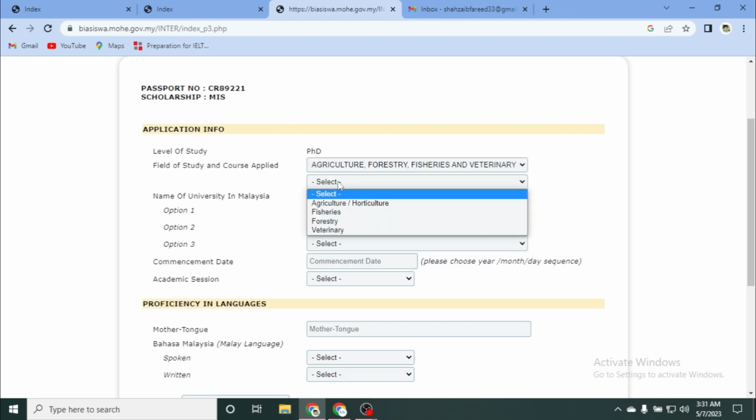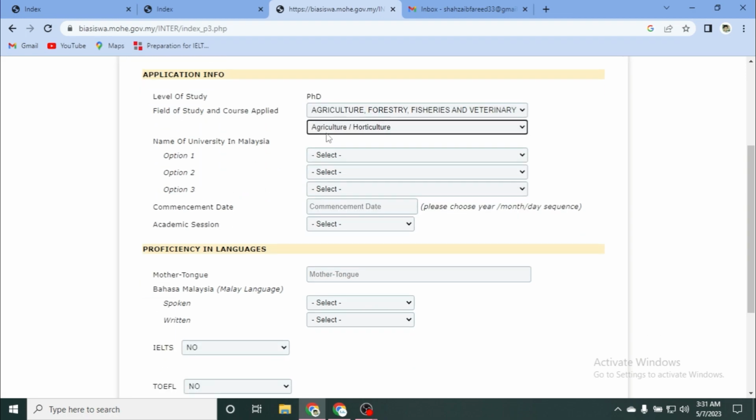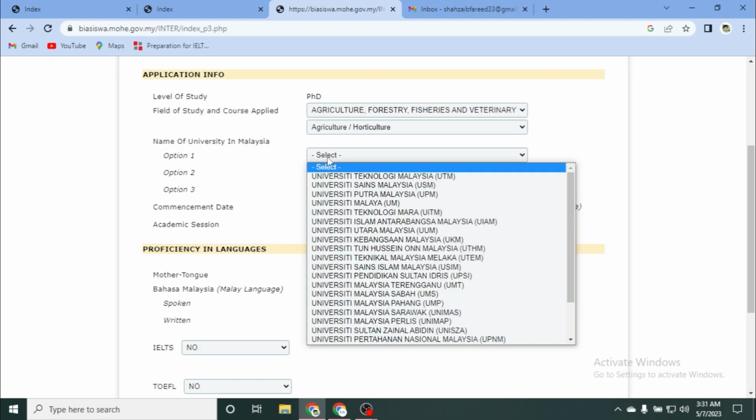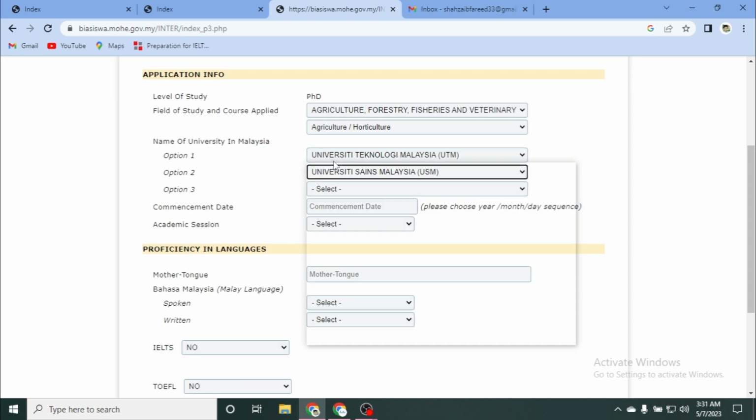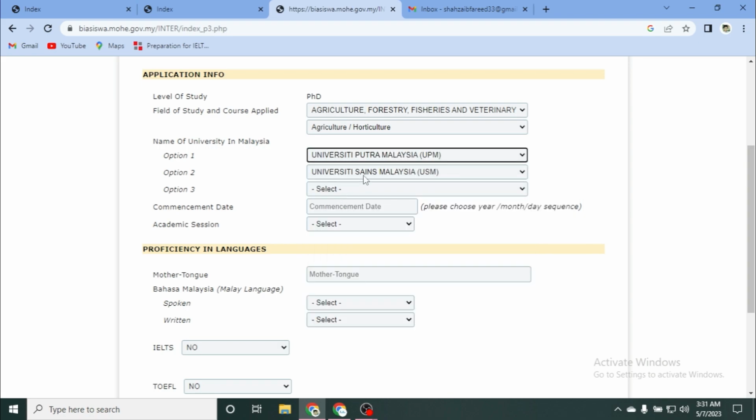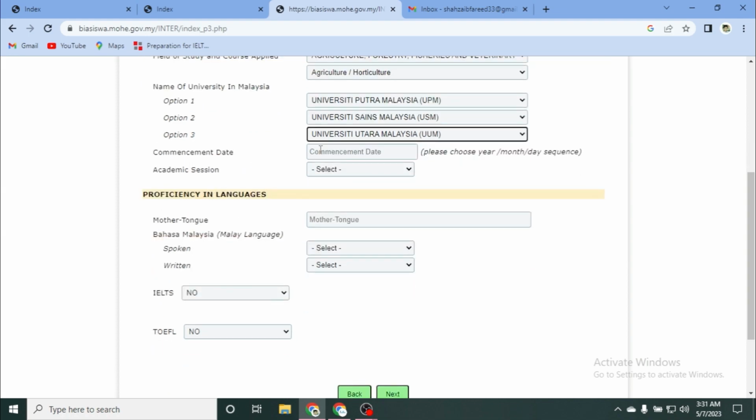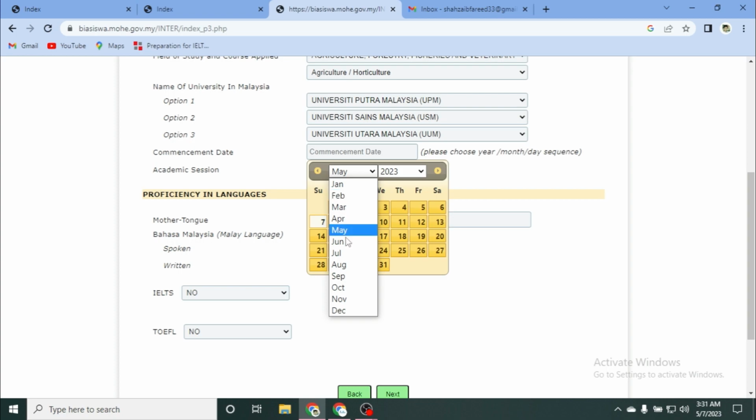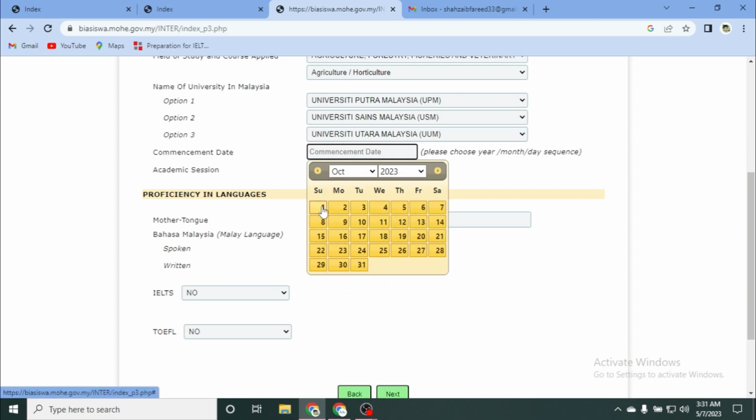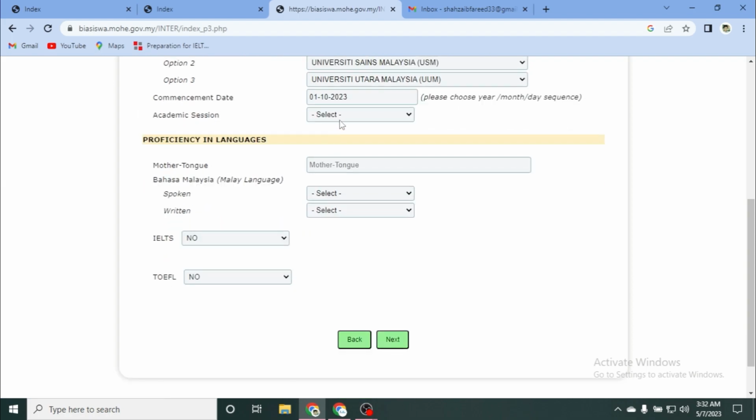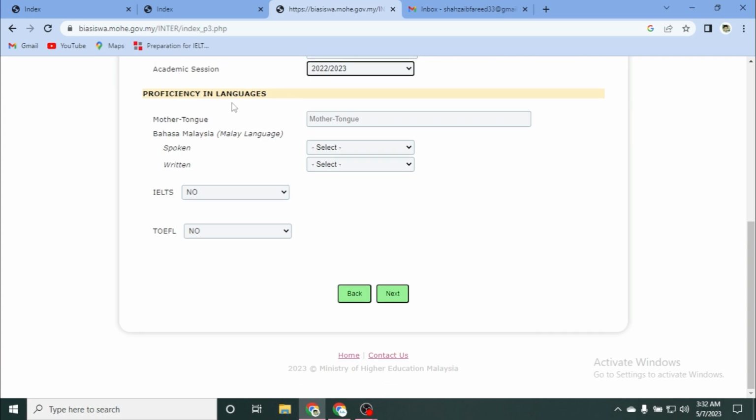Then click here, then select agriculture and the horticulture sub branches. Major is the name of the university in Malaysia. You can select 3 universities. Commence date is October 2023. Academic session in 2023. Proficiency in the language, your mother tongue,